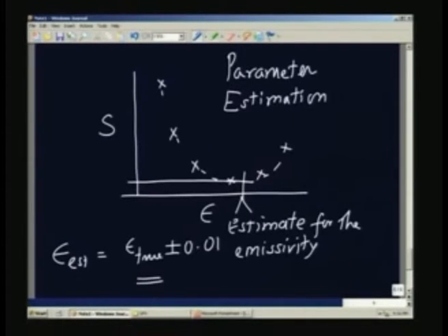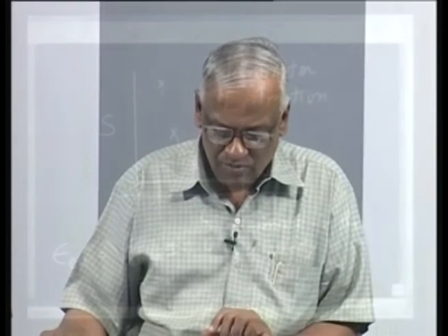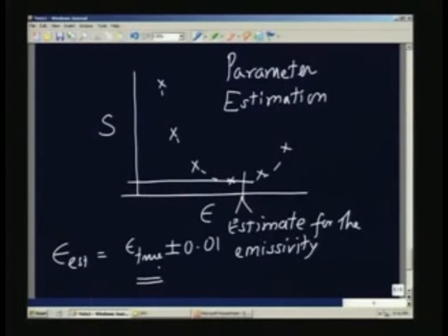We are allowing some object to cool, and we are using an evacuated vessel, and the sample is very small compared to the size of the vessel. Therefore, the radiation reflected from the walls does not come onto the surface of the sample. Therefore, you need to have a small sample, and a small sample also means that it will probably cool more uniformly throughout, and therefore, it is also better from the point of view of the assumptions we have made in the analysis. So, this is one method which I have discussed,